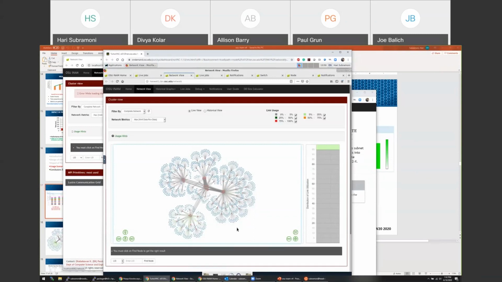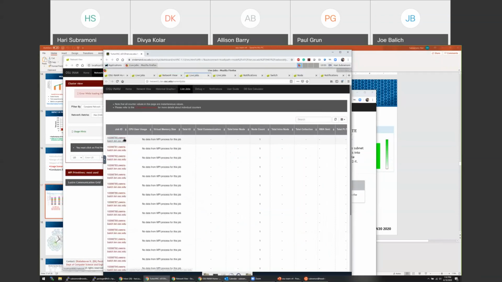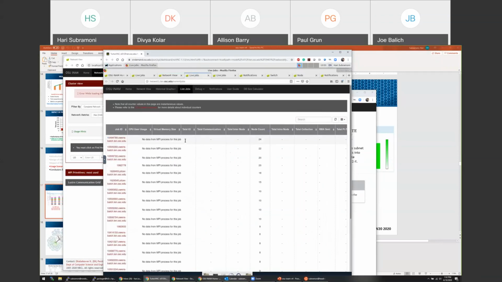For instance, let's say you have a PBS job scheduler, OpenMPI, and an InfiniBand fabric. The job scheduler features, for instance the live jobs page, will work perfectly. It interacts with the job scheduler to get the job ID as well as the node count. But it clearly says that there is no data from the MPI process because this is being run with some other MPI library. So it can work with any one of these components individually or in concert with all components. Depending on which supported components are being used, the amount of data that you get will differ.